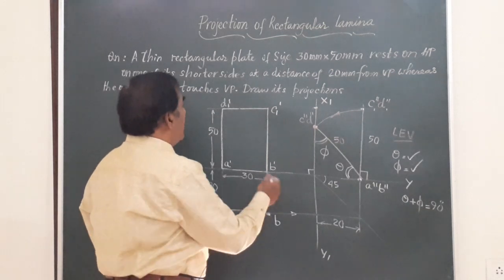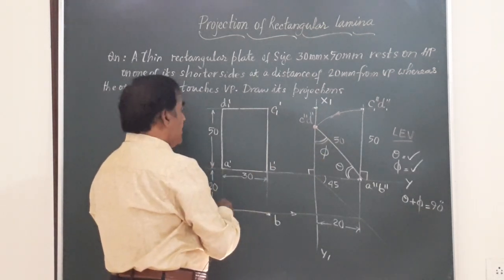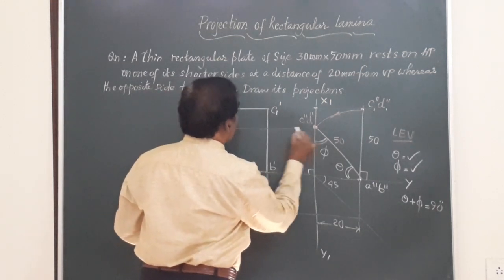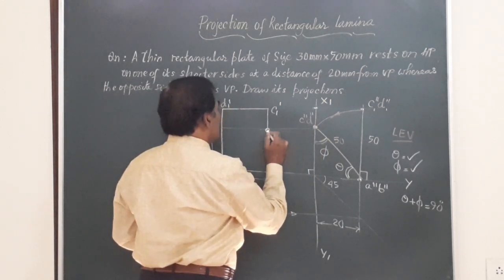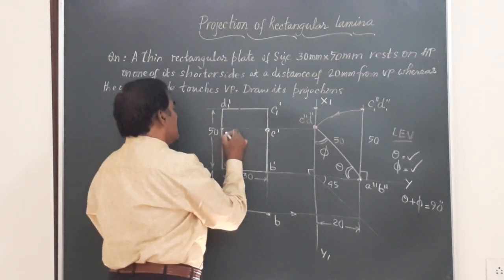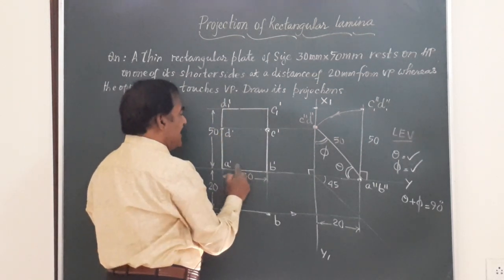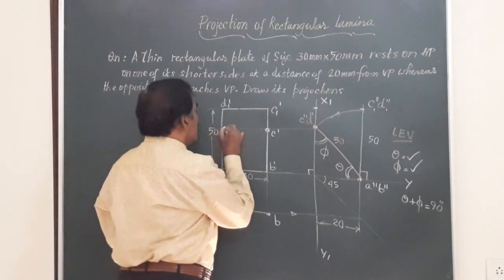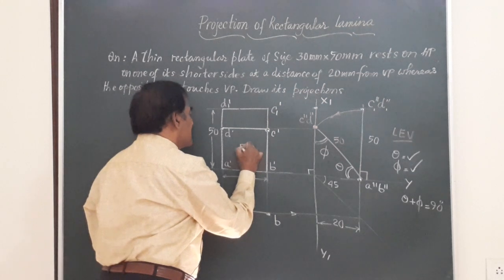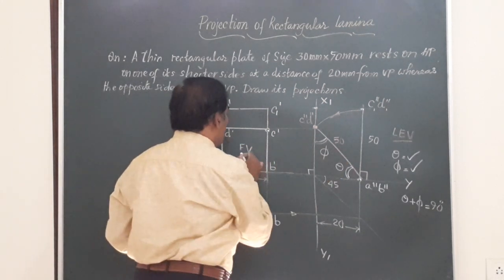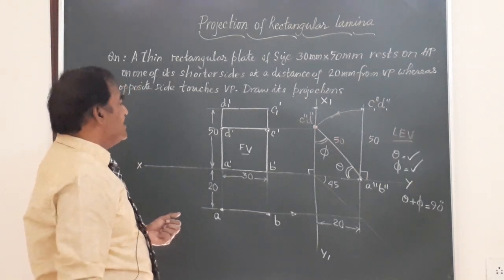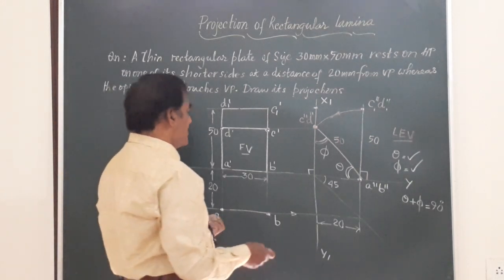Friends, you have got the final end view, and we can just draw a horizontal line from that and locate the corners C dash, and this corner is D dash. So A dash, B dash, C dash, D dash will represent the final front view. I will mark this as front view. This is the final end view. So when you have the front view and end view, it is very easy to obtain the final top view.